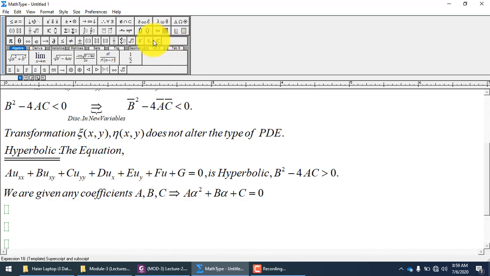You can do that for any ABC. Remember, I have just told you that if you are given any ABC, you can talk about any quadratic equation given as a alpha square plus b alpha plus c. And now you know the relation between ABC as well. What is the relation between ABC? In our case, ABC are precisely the coefficients of the principal part of second order linear partial differential equations, and it has the relation that b square minus 4ac is positive because I am taking the hyperbolic case.